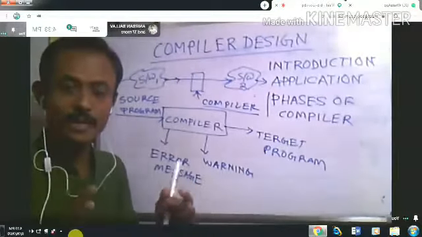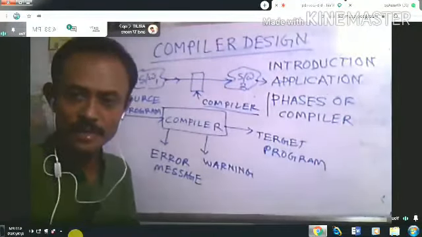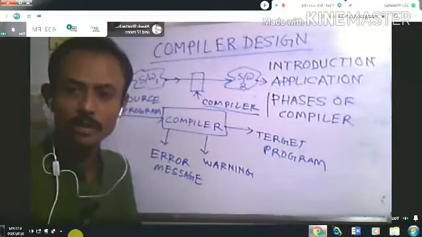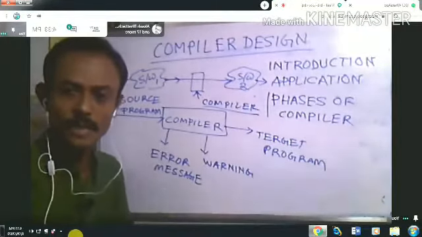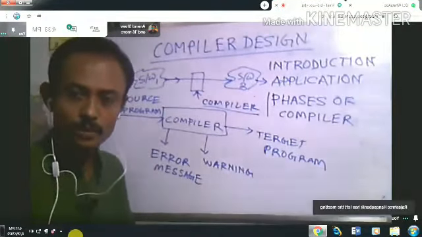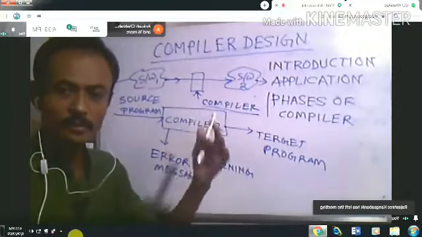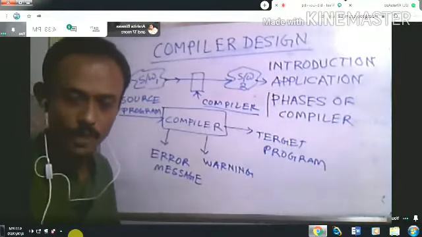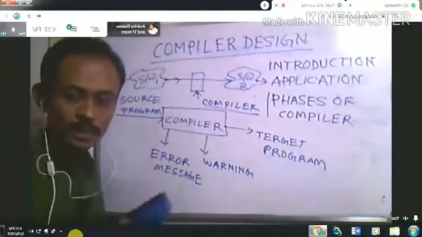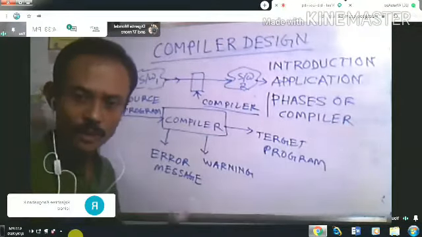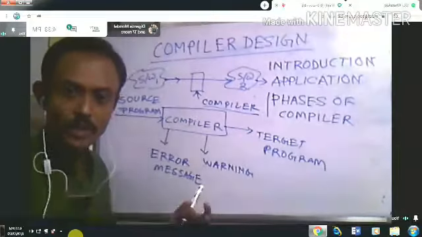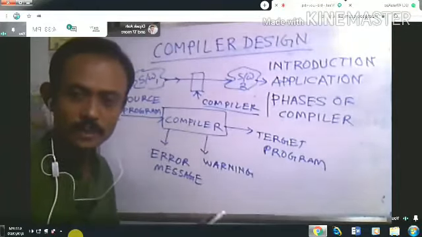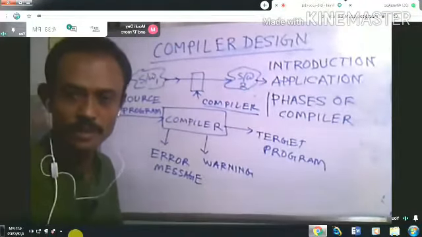I told you that there are an enormous number of compilers present in real life. It's not that there are only 100 compilers or 50 compilers or 200 compilers. There are uncountable compilers. So that's why the applications of compilers will be of different types. Now let's see what are the different types of applications of a compiler. By discussing these things, our perception of compilers will increase. That means compiler is not so simple a thing. You can say it's part and parcel of the software industry.